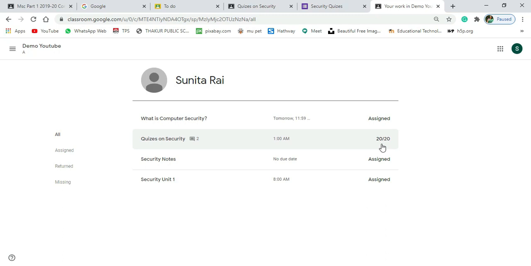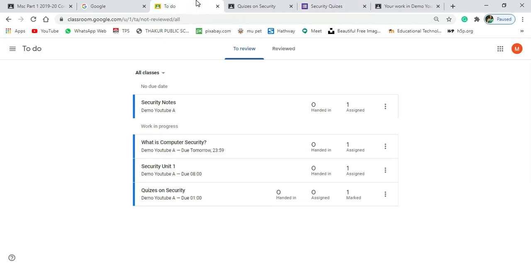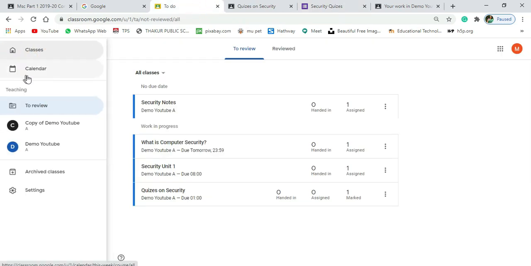Okay, so this way you can assign quizzes, assignment, or you can give notes to your students, and then you can return marks to students. You can review whatever assignments or quizzes they have given, and it is a very interactive part. Friends, I'm using it from so many years and I'm finding it very useful.